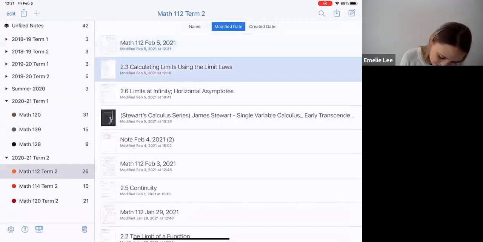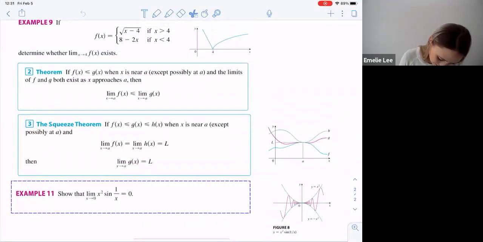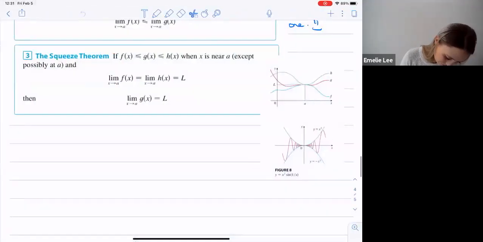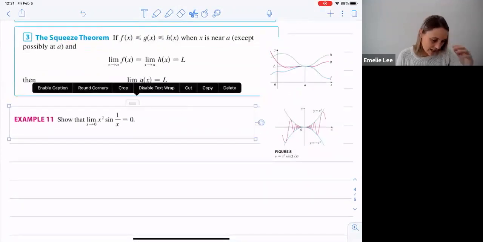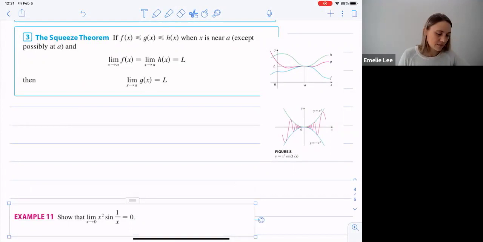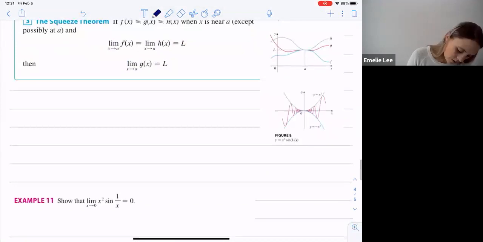So let's do an example of the squeeze theorem. Actually, I had a little blurb that I wanted to write down. Sorry, hold that thought. There, I had a blurb. I wanted to write down what I just said. So the main use for the squeeze theorem